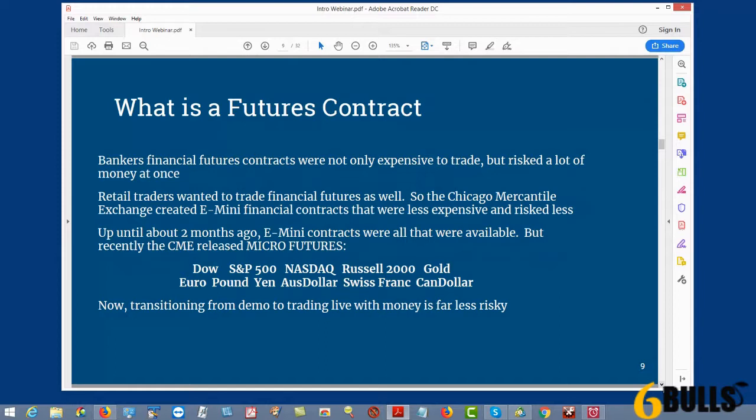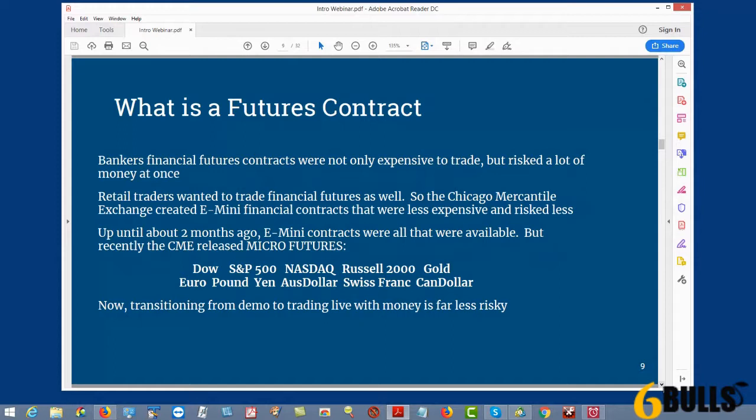In fact, the E-mini S&P 500 is the most popular future traded amongst all futures that exist worldwide. Well, that was great. And up until about 2 months ago, that's about all that they had was E-mini futures for retail. But the Chicago Mercantile Exchange said, okay, well, listen, we can do one step better. We can go 1/10 of a tenth, and we will make micro futures. And so that's what they did. They decided to make micro future